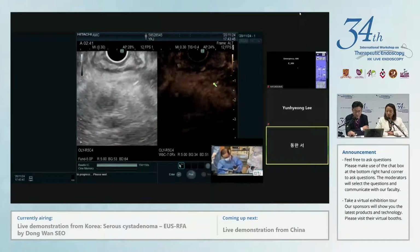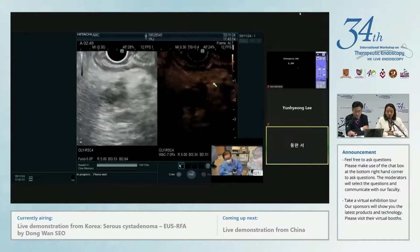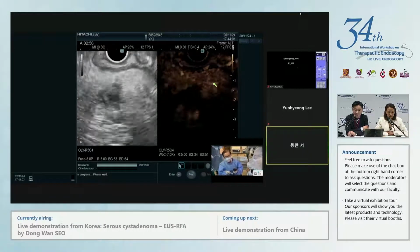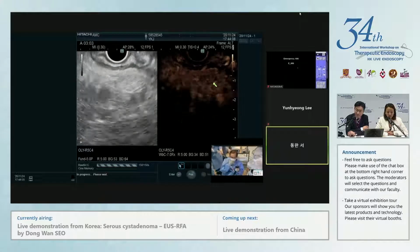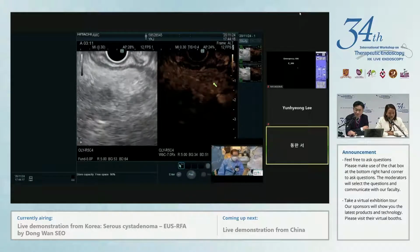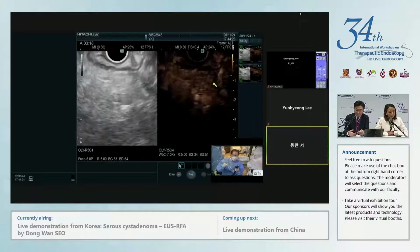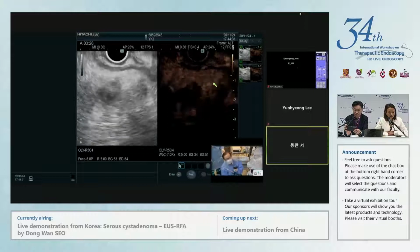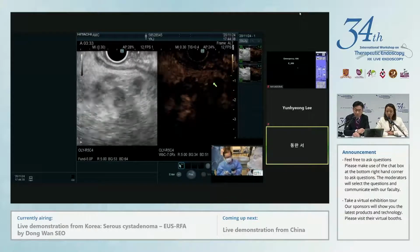If we use a longer electrode, then, I want to check the tip of the electrode sheath. If you use a 1 cm electrode, it can create a consistent ellipsoid ablation. The length is about 1.2 to 1.4 cm, and the diameter is about 8 millimeters. But with a 2 cm electrode, the proximal part and the distal tip can burn first, and the middle part is less ablated. So I want to see a consistent result. That's why I am using a 1 cm electrode instead of a 2 cm or 3 cm electrode. It is possible to use those, but